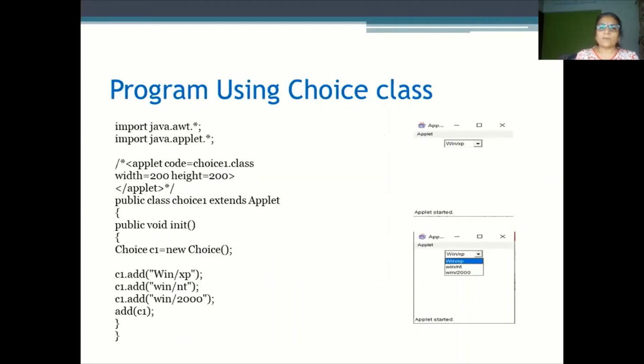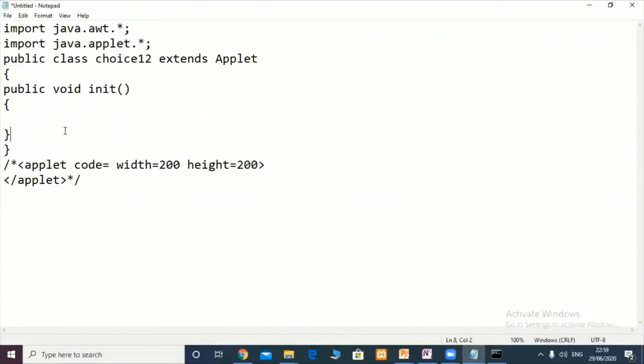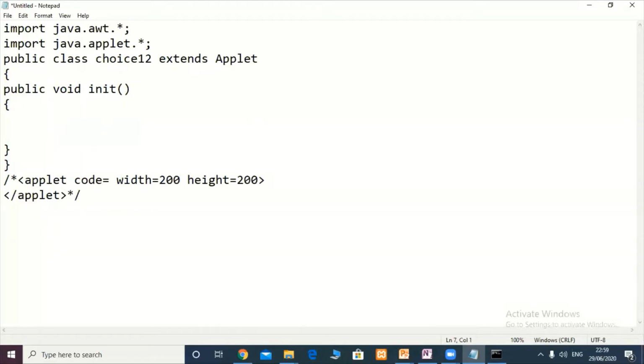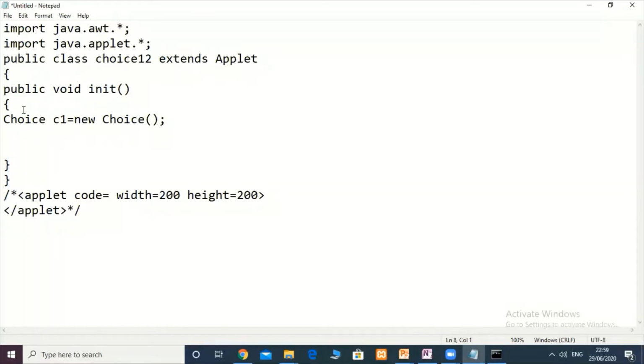We'll see the program using the Choice class. Program to create a drop-down list using the choice component. I have already added two packages, AWT and applet, and I have created the class choice12. Inside the init method, create an object of the Choice class: Choice c1 = new Choice(). Then add a number of entries to the list by using object c1. c1.add